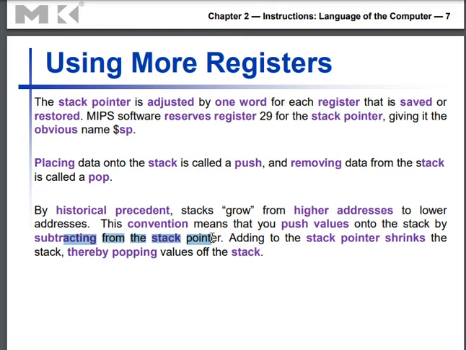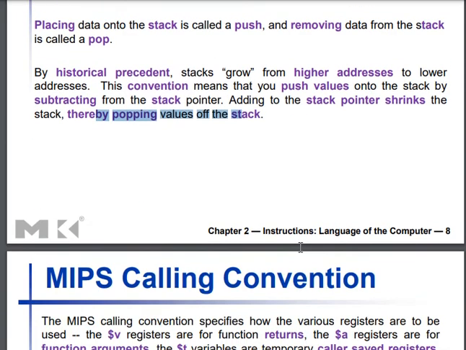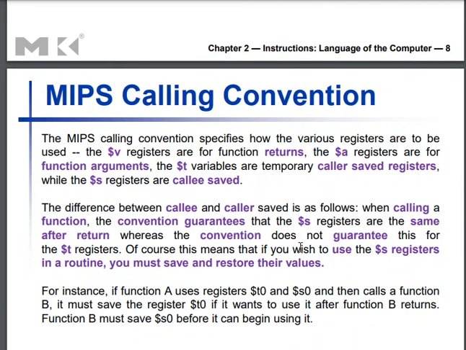Let's say the stack pointer is at 0. So 0 plus 4? No, it's 0 minus 4, something like negative. So that means pushing onto the stack means shrinking the stack pointer because you are subtracting, and popping from the stack is going to be growing it. Just keep this point: popping means growing, pushing means shrinking. It looks like the opposite way, but keep that in mind, because every time we push a value, we decrement the stack pointer.